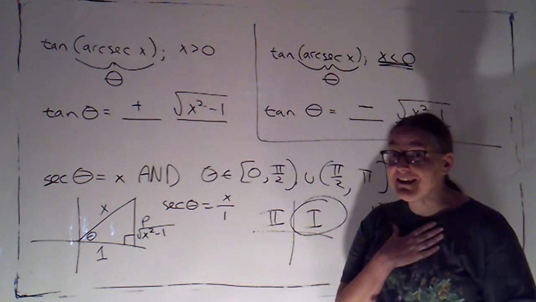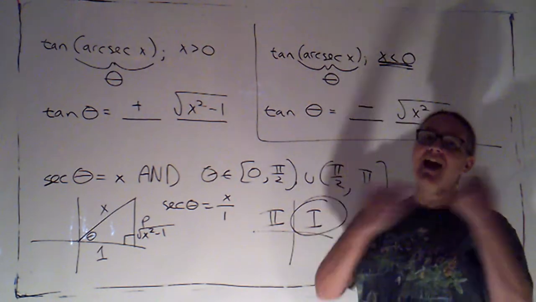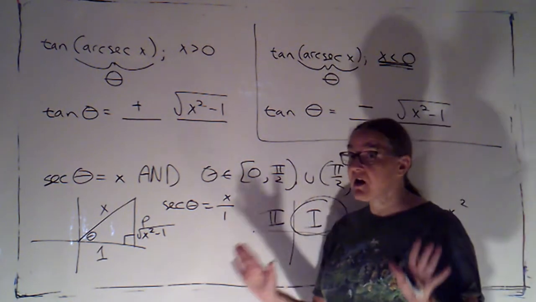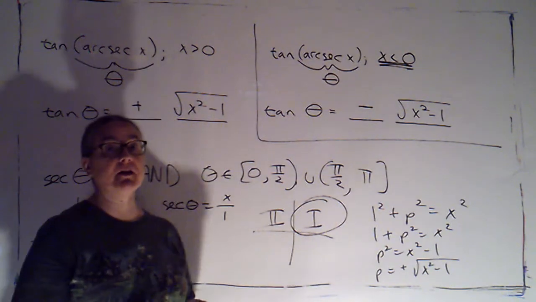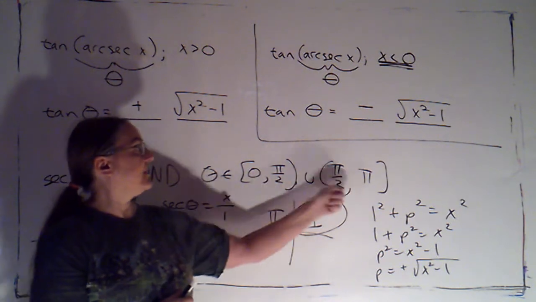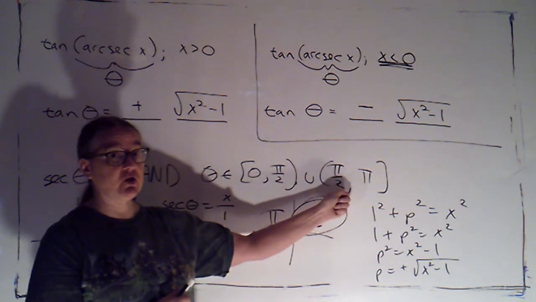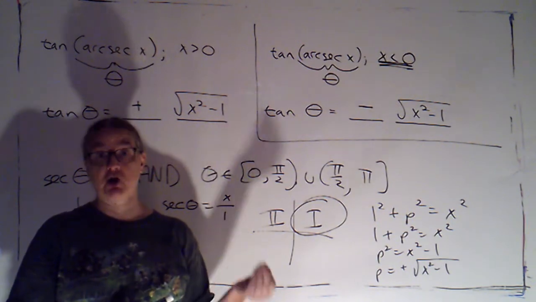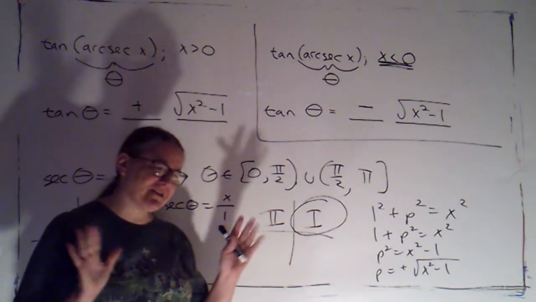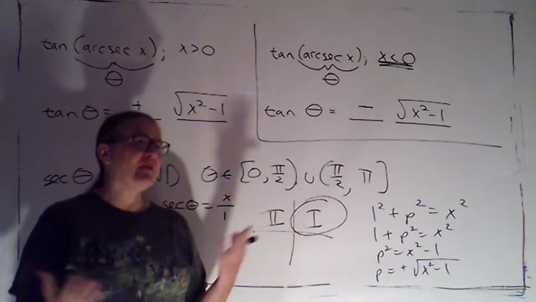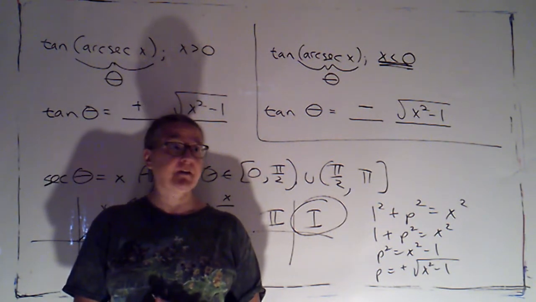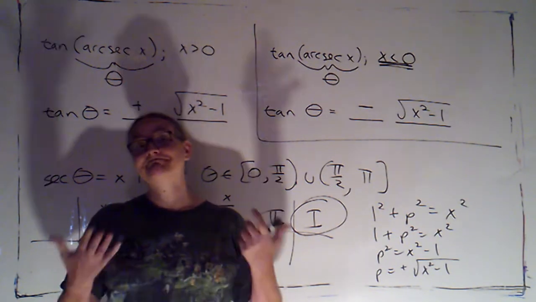That's why I personally think that's the better choice, and I'm pleased that our calculus textbook uses that, but our pre-calculus textbook doesn't. So we're going this semester with the pre-calculus definition, so that if we're working with arcsecant, the output of that will be an angle that corresponds to an angle in quadrant 1 or 2. But again, that definition will change when you go into calculus. So just a heads up, because that's kind of a confusing thing. It would be nice if the mathematicians could agree, but there are people out there who don't agree with me, and that's very sad because I think I've got the better choice. Oh well. Okay,